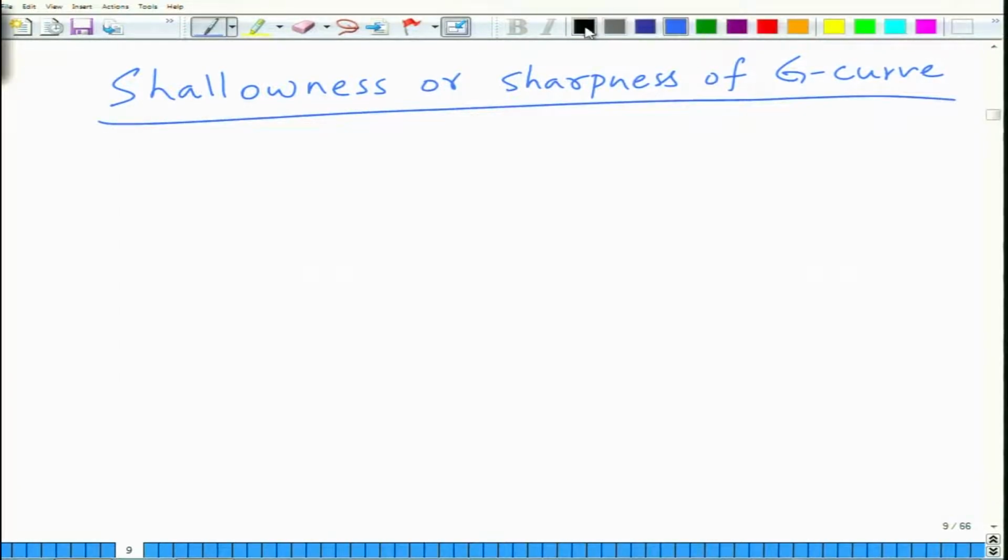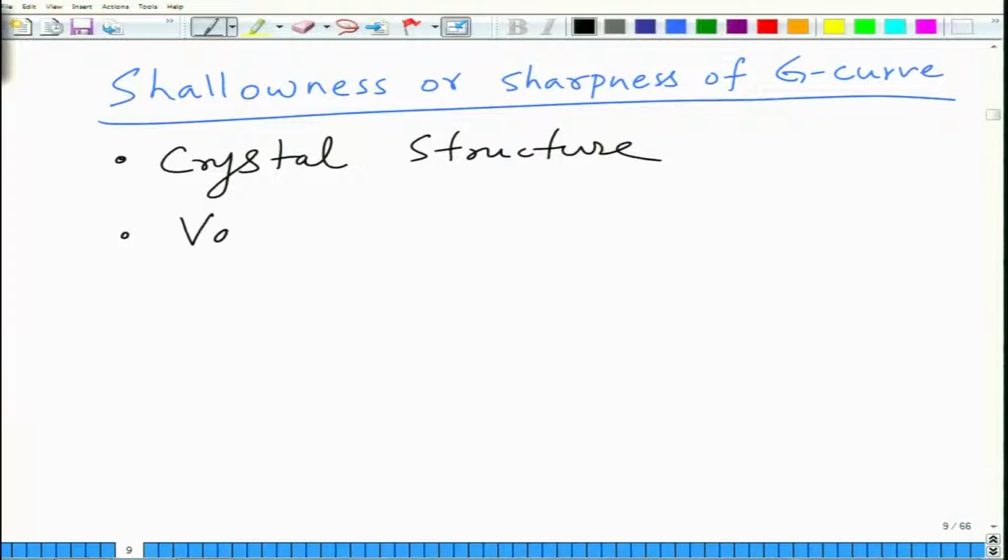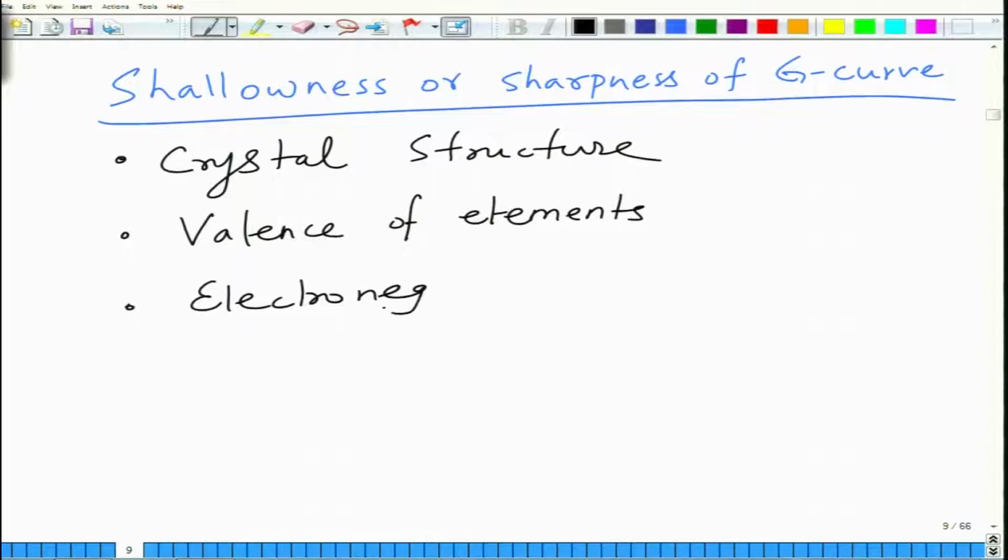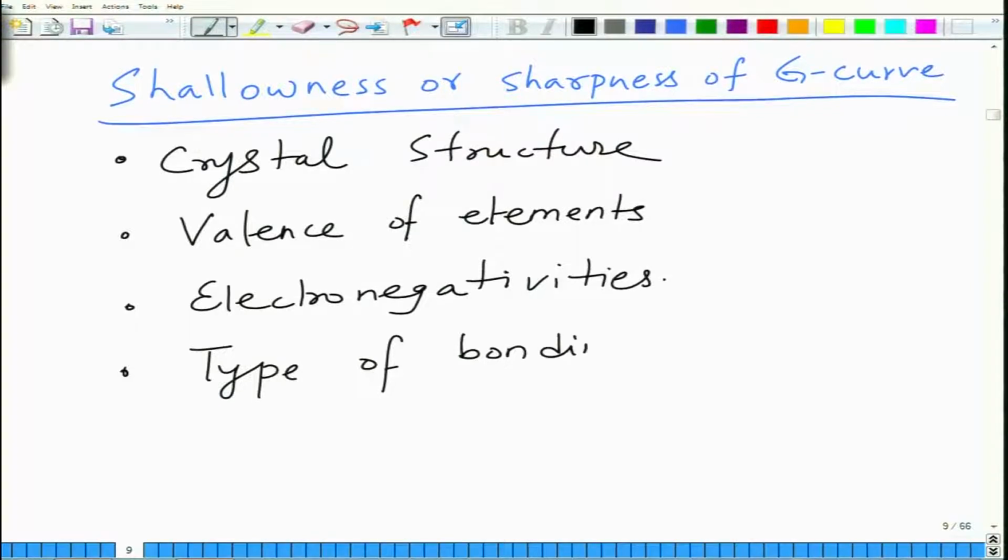It depends upon factors such as crystal structure, it also depends upon valence, it depends upon electronegativities, and it depends upon the type of bonding between the elements, whether they have metallic or they have covalent